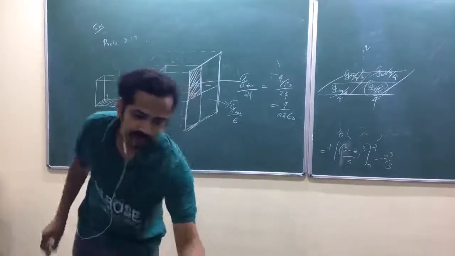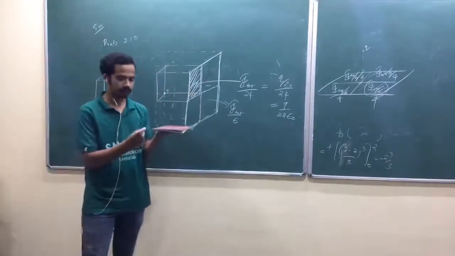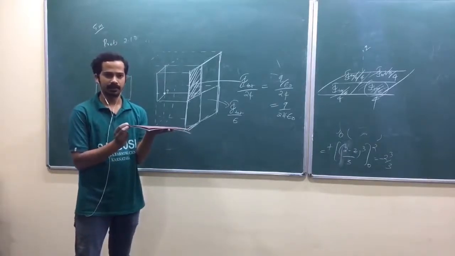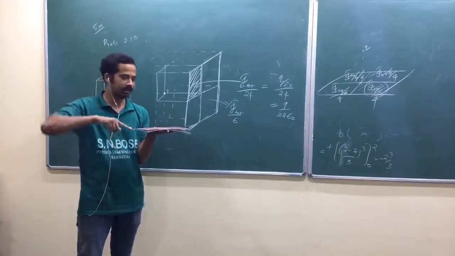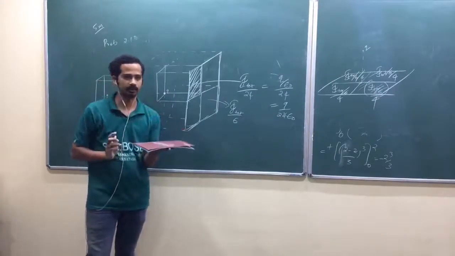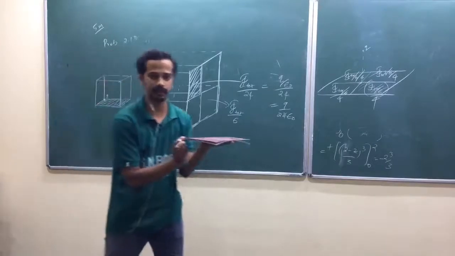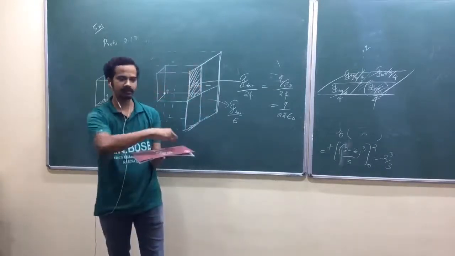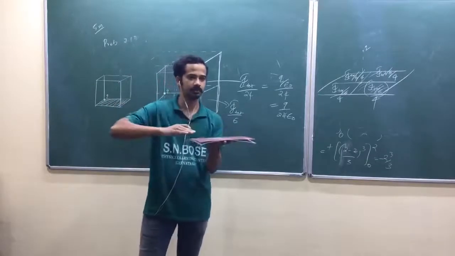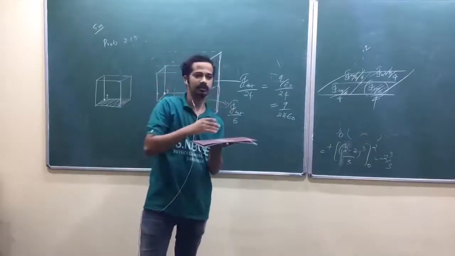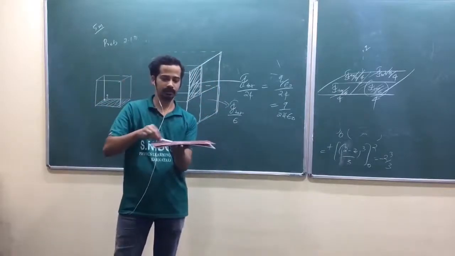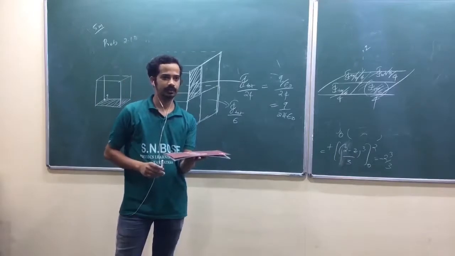So whenever you have a charge on one of the corners of the plane, or on the plane, remember, the electric field from that charge will graze that plane. It will not puncture that plane. Are you getting my point? You have only one isolated charge, at one of the corners or anywhere on the plane. Electric field from that charge will graze that plane. It will not go into it like this, isn't it? Obviously. So now the area vector of the plane is perpendicular to the electric field. Are you getting my point?